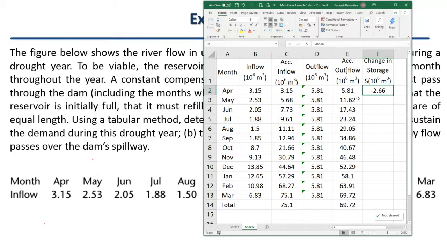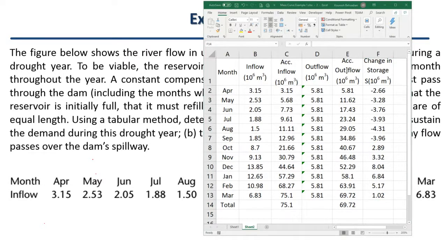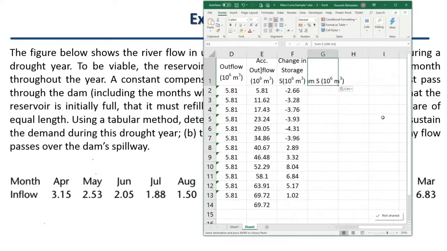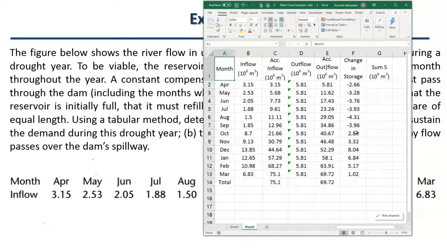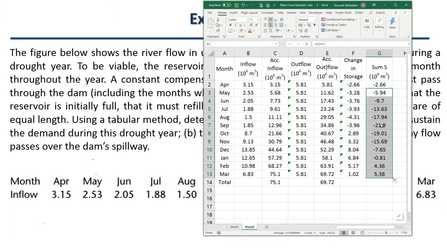Okay, can you see here, for example, in April, the storage will be emptied by 2.66 million cubic meters. So I'm just going to use this one. So you can see here. And then you need to just use the accumulative value of that one. Let's make it a little bit smaller. Okay, so this is like the minus 2.66. The following month is this one plus this one. Can you see here? So again, oh, okay, so this is going down to like the minus 21.9,